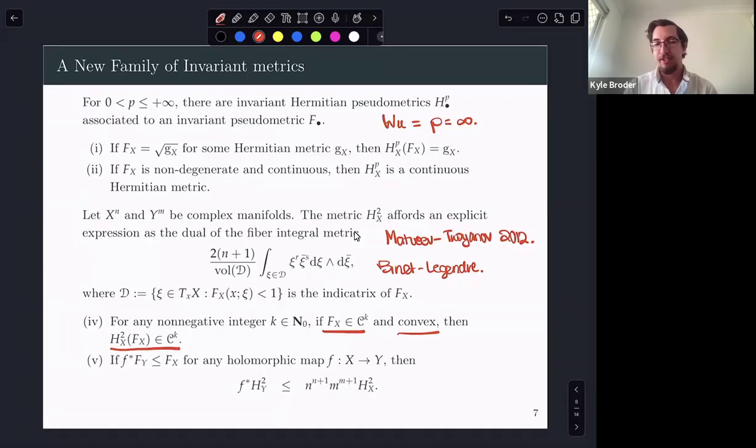One will not get a decreasing metric out of this, but it will be quasi-decreasing in the sense that the constant here doesn't depend on the f, it depends only on dimension. This is a very, very nice property. Okay, so